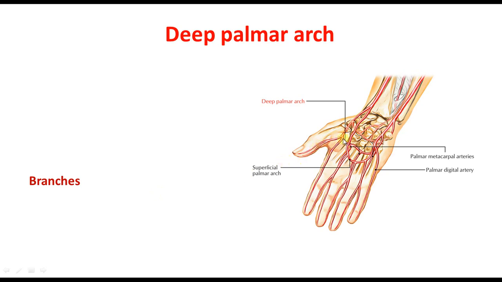The arteria princeps pollicis supplies both sides of your thumb. That means it is the principal artery to the thumb. Then it gives off the arteria radialis indicis, which means it is going to supply the radial side of your index finger. So these are the two branches, arteria princeps pollicis and arteria radialis indicis. Then after that it is going to take part in the formation of the deep palmar arch, a continuation of the